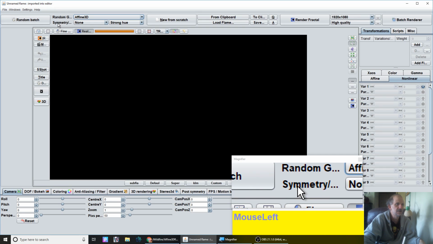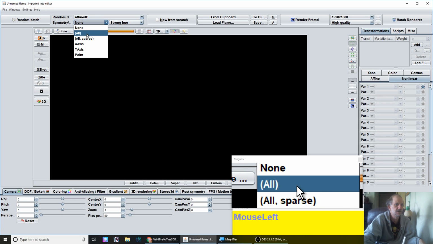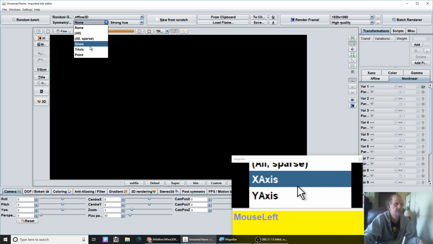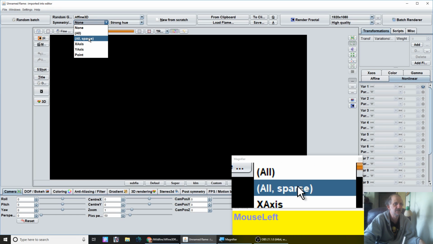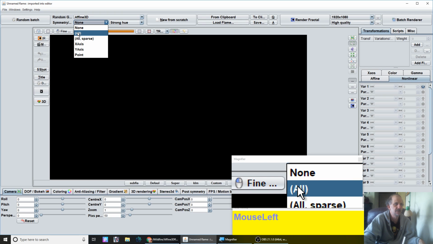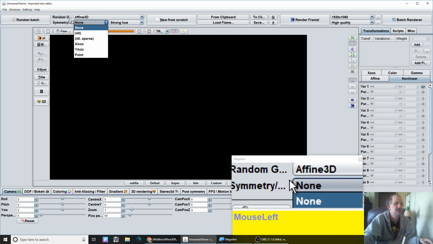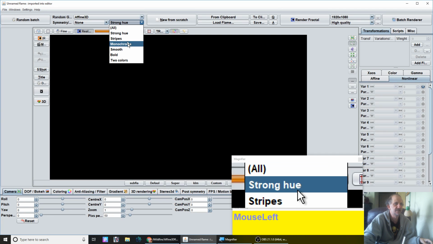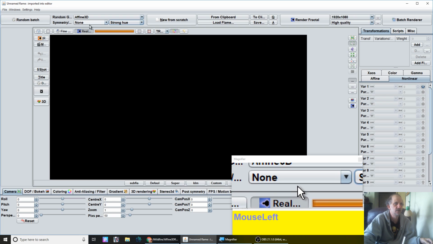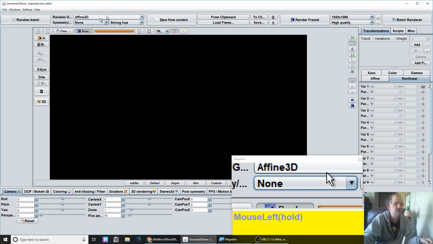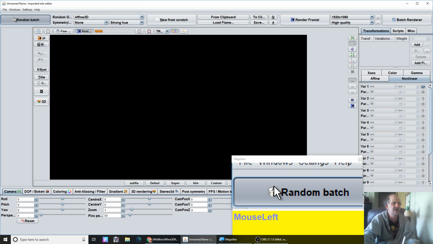And then here we have symmetry and gradient. It is normally defaulted at all, where it picks a post symmetry option here. If you have all, it picks one at random, or you can pick the one you want. And here you can select what type of gradient you want. For this, I'm going to keep it on hue, and I'm going to have the symmetry on none. So if we just hit the random batch button,